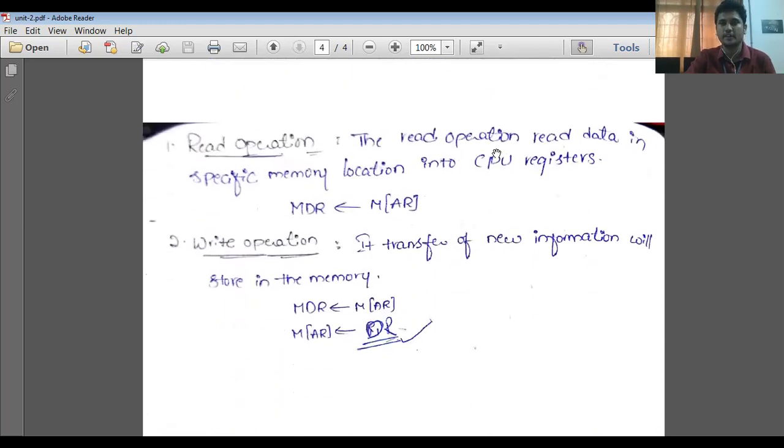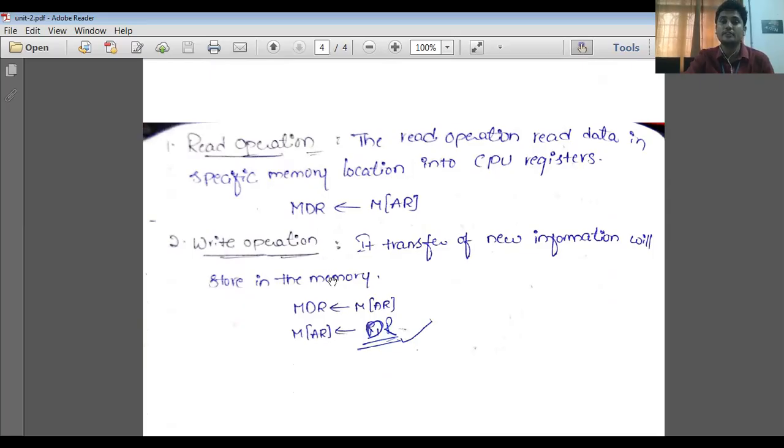So the read operation reads the data in a specific memory location into CPU registers. It is the RTL representation: M[AR] tends to MDR. That means the address register to the data register, read operation. From one particular memory location to the CPU, if data is transferred, that is called a read operation.